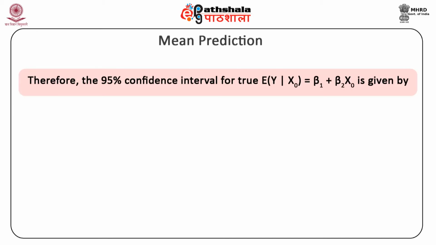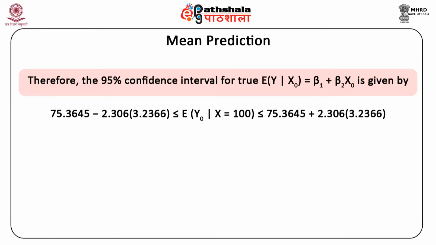Therefore, the 95% confidence interval for true expected value of y given x equal to x0, that is beta 1 plus beta 2 x0, is given by the values which we may substitute: 75.3645 minus 2.306 into 3.2366 less than or equal to expected value of y0 given x equal to x0, which is less than or equal to 75.3645 plus 2.306 into 3.2366. So that gives us the interval of 67.9010 and